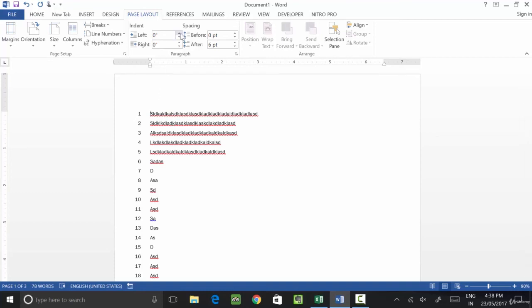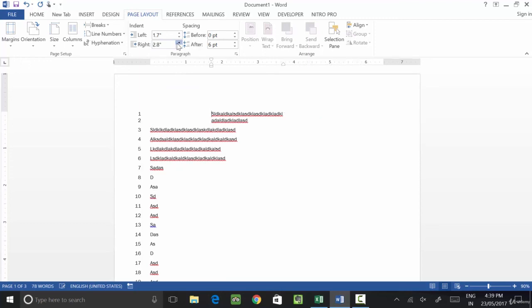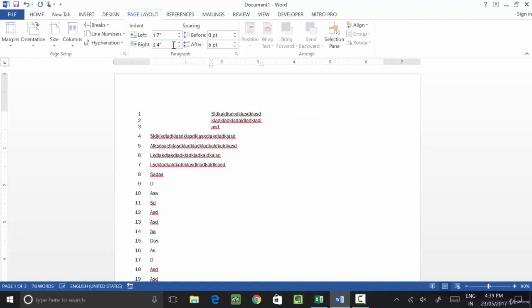For example, if I increase from the left side, you see I increase 0.3, so it will move how many steps? 9 steps. Now this cursor also I want to move, so you will see from the right side also my indent will work. Is it clear? So in this way you can shift these two areas.